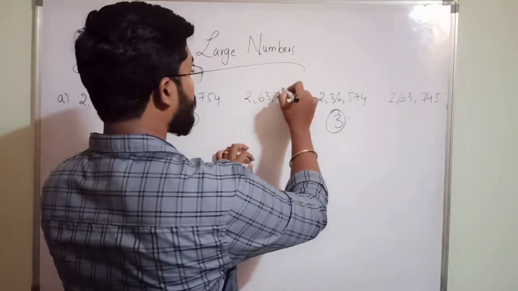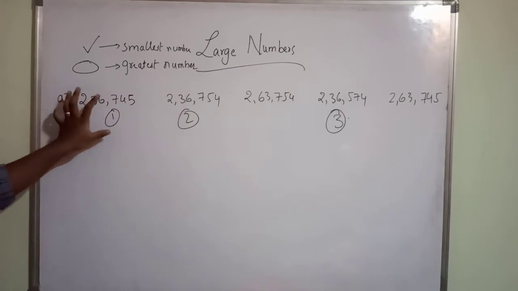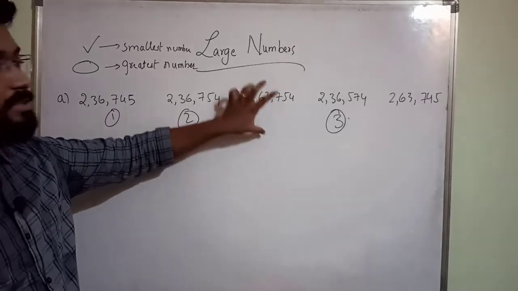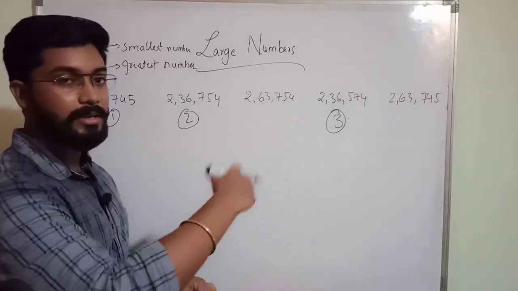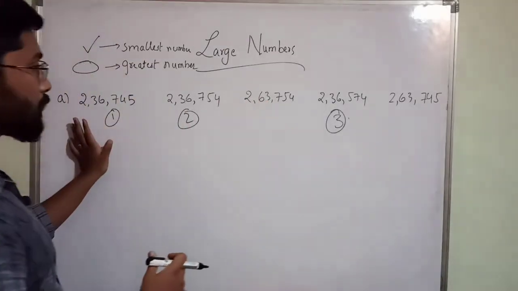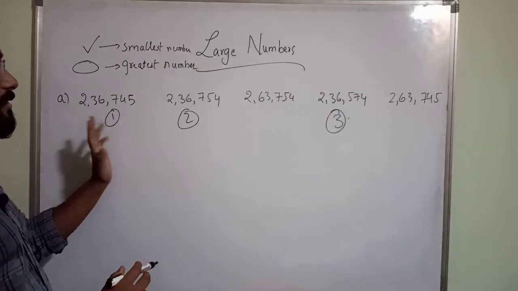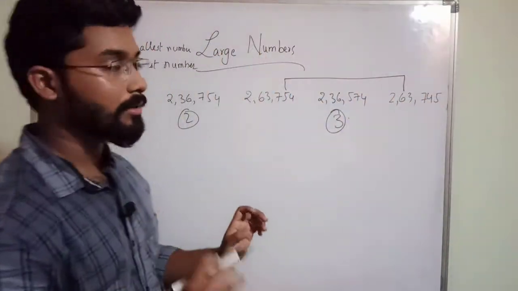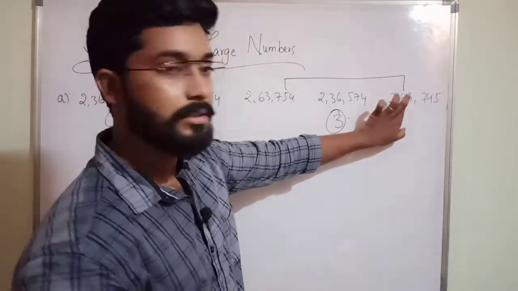Among this one, so now we will accept that 2,63,700 change is less than this one, means this one is greater. 2,63,700 something is greater than this one. So among these three, nothing greater is there. So in these two only you will find the greatest number. What is that? 2,63,000, 2,63,000. Same.